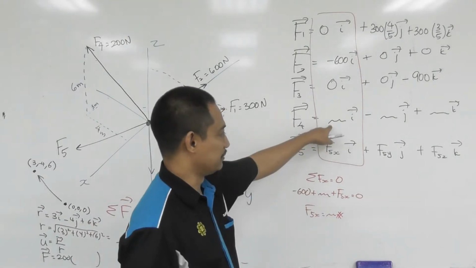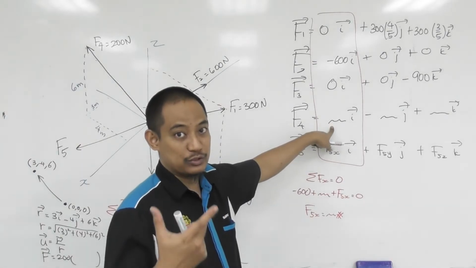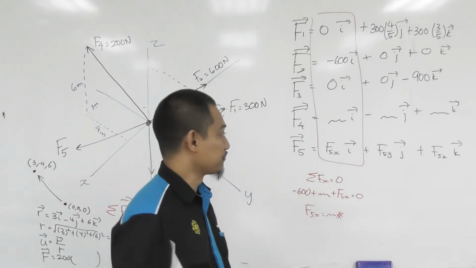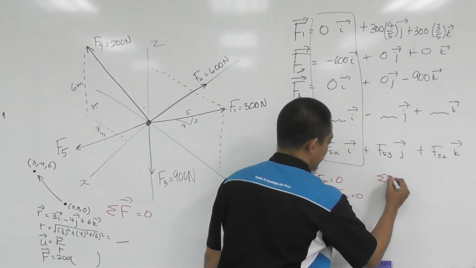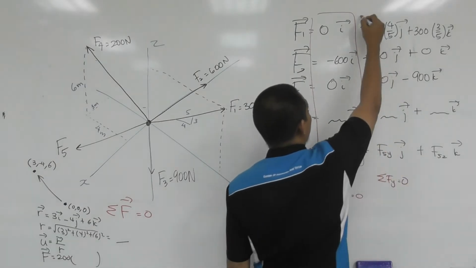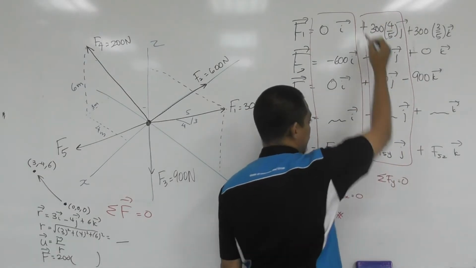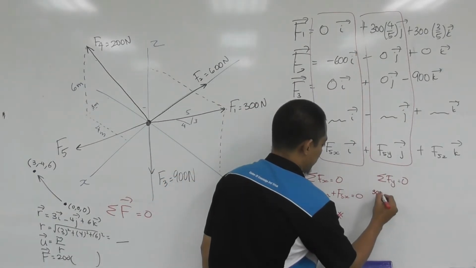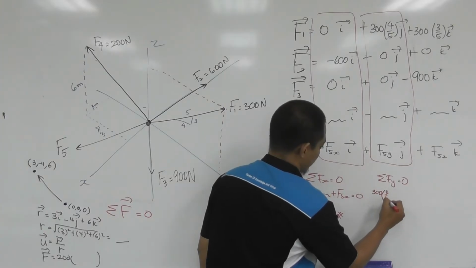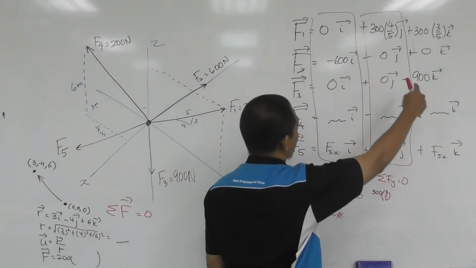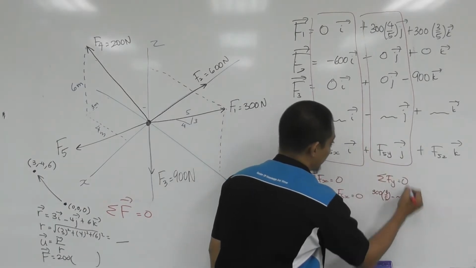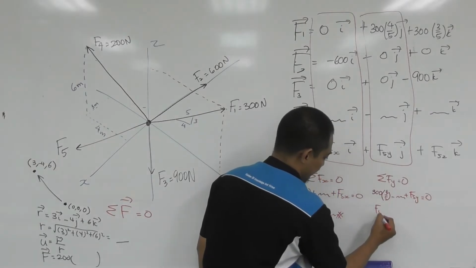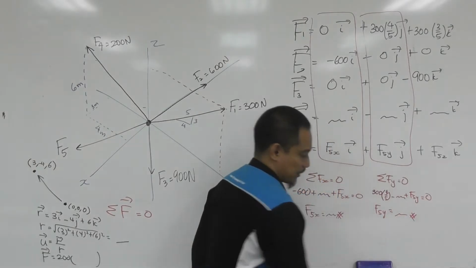I'm writing here because I'm not spending my time to actually show the value, but you have it in the slide and you can use your calculator anyway, right? So you get the value. Similarly here, summation of Fy equal to 0, meaning that you add all of this, it should be equal to 0, right? So if you add, then you have this one. So 300, 4 over 5, plus 0, minus some value here, plus F5y equal to 0, then F5y, you can get the answer straight away